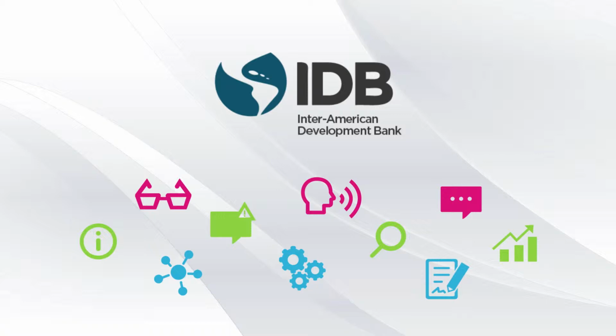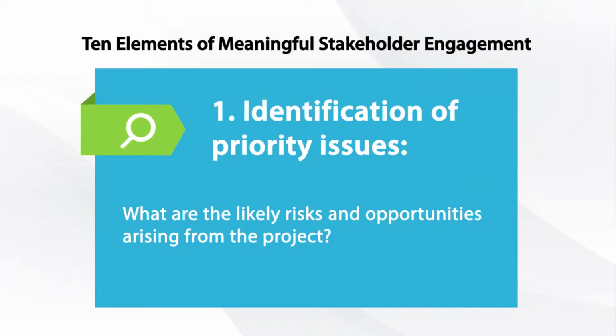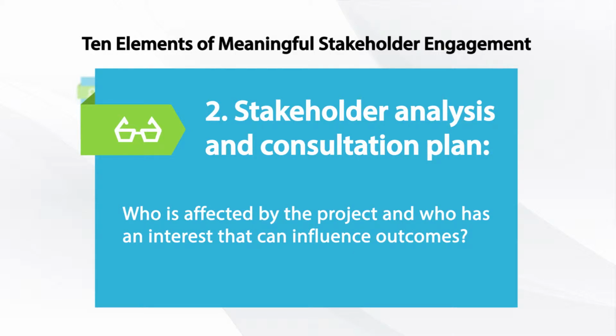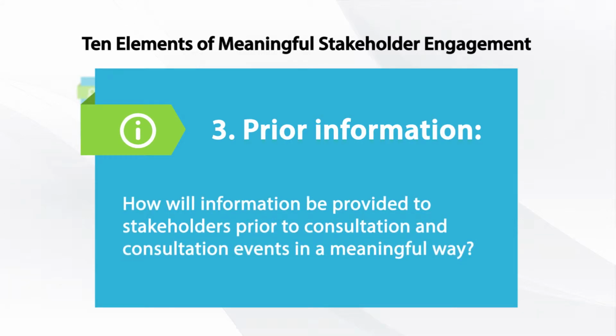and meaningful consultation process. They include, first of all, identification of priority issues, where we ask what are the likely risks and opportunities arising from the project, followed by number 2, stakeholder analysis and consultation plan, who is affected by the project and who may have an interest that can influence project outcomes. How then will the project engage with them? Element 3 covers prior information. How will the information be provided to stakeholders before the actual consultation events in a way that is meaningful to